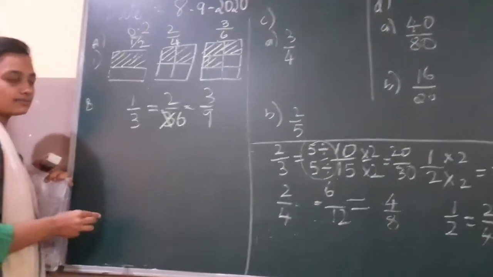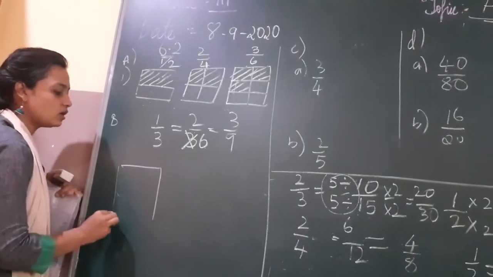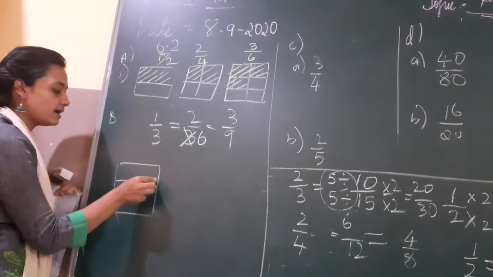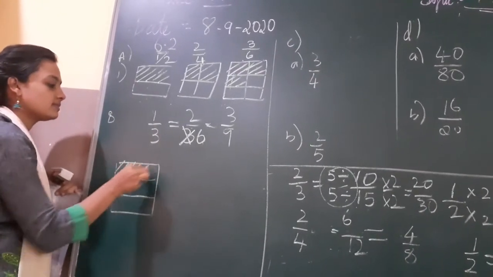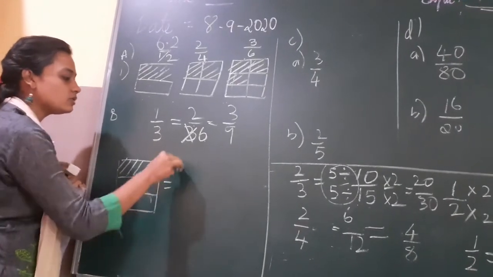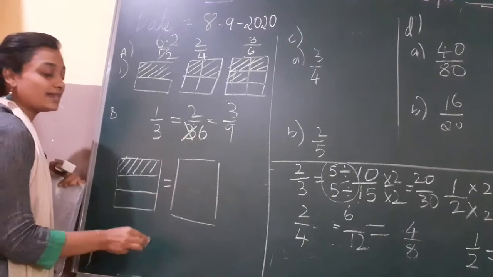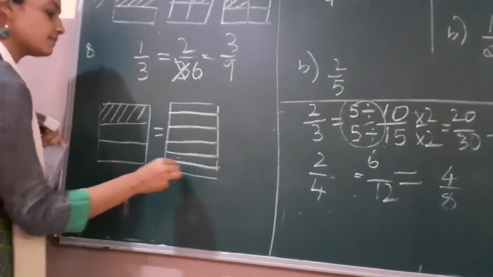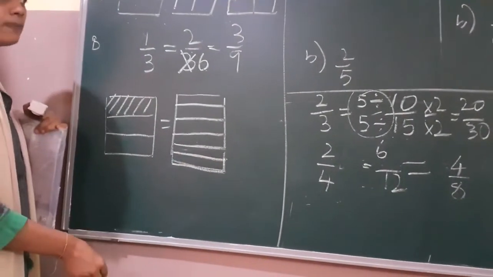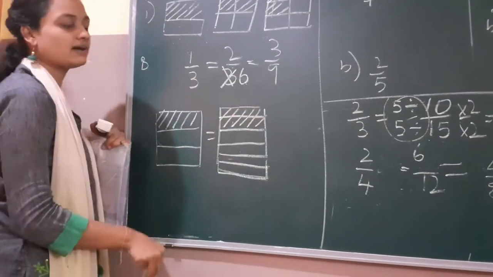Now let us take a figure. Let us take a circle only or anything. You can take the box also. So I have to divide it into how many pieces? 3. I divide it into 3 pieces. And how many should I shade? 1. This is the first figure. This should be equal to, again I take the same box, same size, divide it into 6 parts. 1, 2, 3, 1, 2, 3, 4, 5, 6. I have divided into 6 parts. How many parts should I shade? 2. I have shaded 2 parts.